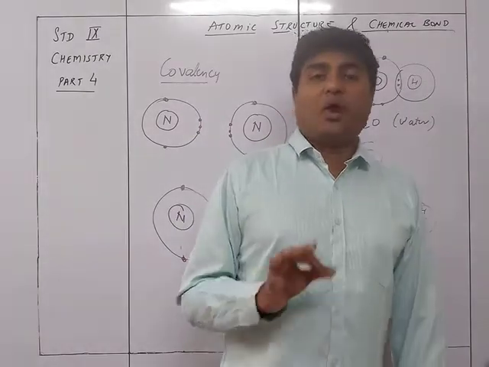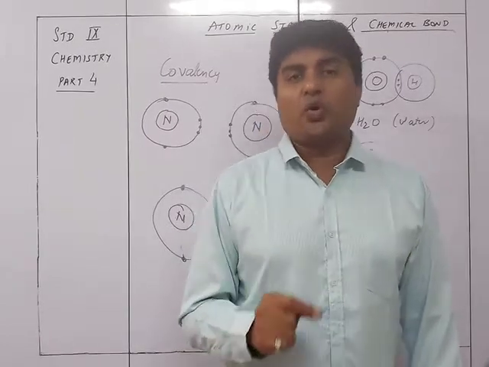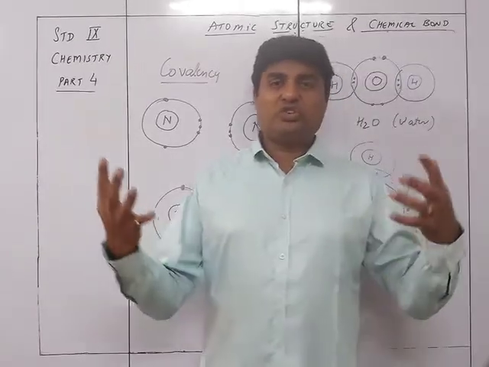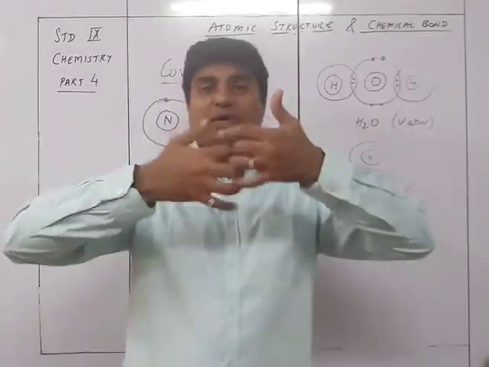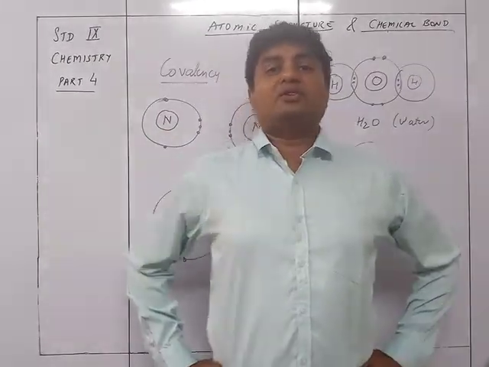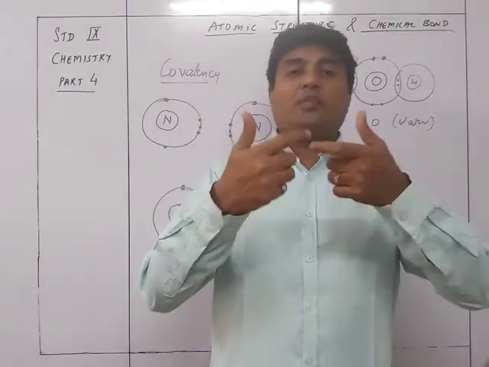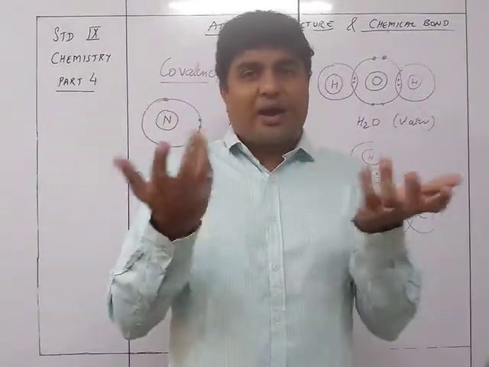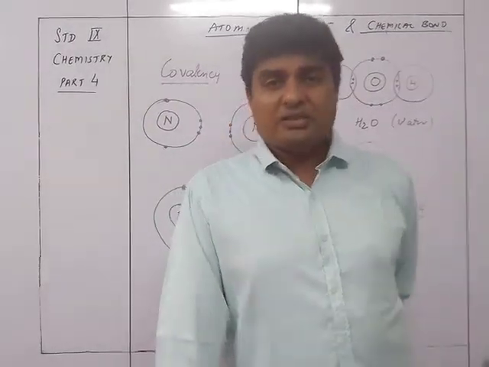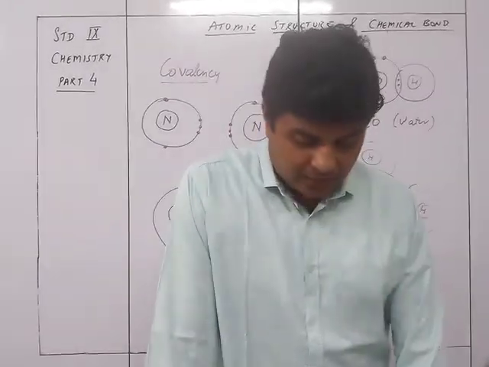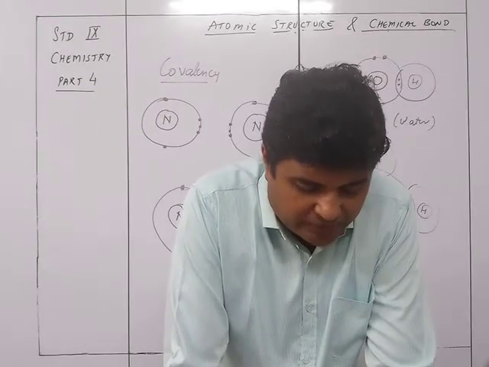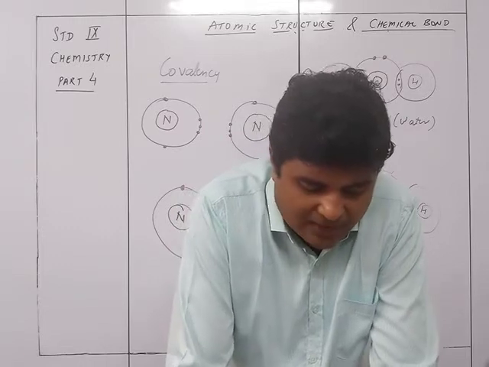The metals cannot go for covalency because they do not have 4 electrons in the outermost shell. Because to share and make 8 electrons, both should have 4 so that they can make 8. In case of metals, the number of electrons they have in the outermost shell is 1, 2 or 3. So if they share, how many will there be? 2 or 4 or 6. 8 cannot be formed. So that's the reason metals do not go for covalency, but non-metals do go for covalency to form a covalent bond. The chemical compound formed due to the mutual sharing of electrons between the given pair of non-metallic elements is called a covalent compound.